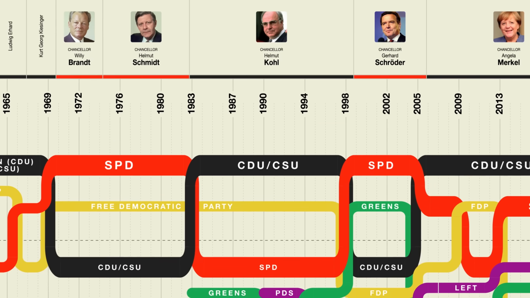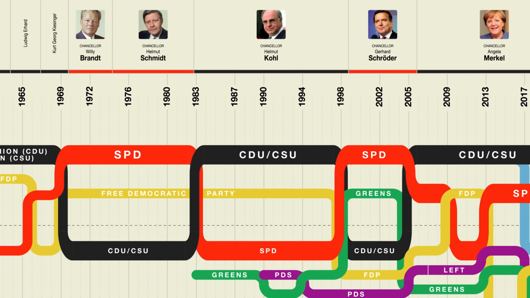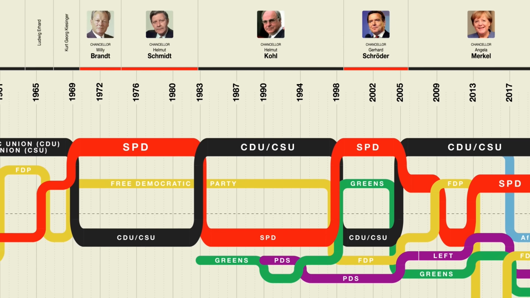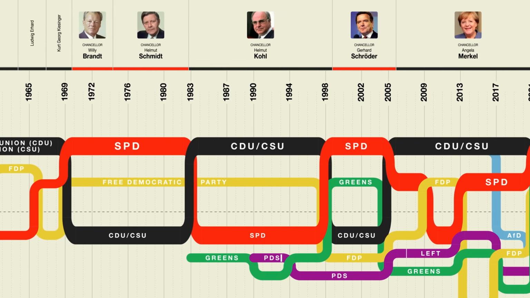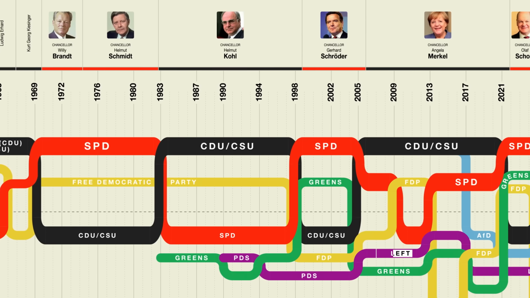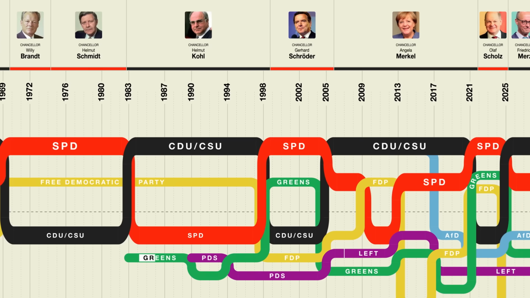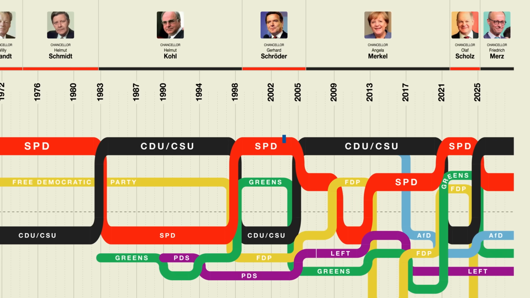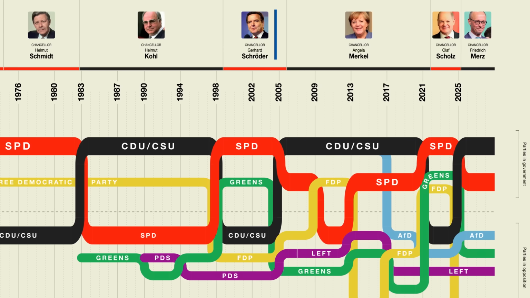One of the results of reunification was that the party that had formerly governed East Germany now entered the scene under the new name Party of Democratic Socialism, or PDS. In 2007, they merged with another left-wing party and rebranded as the Left. To date, they have never helped form government. Another more recent party is the Green Party, founded in the 1980s. They have helped form government, the first time being from 1998 to 2005, which is when Gerhard Schroeder of the